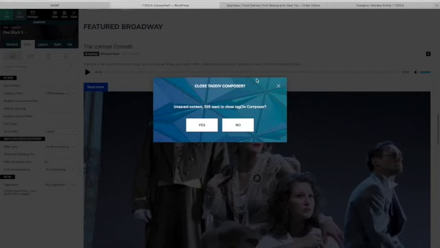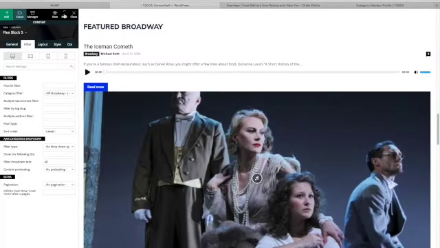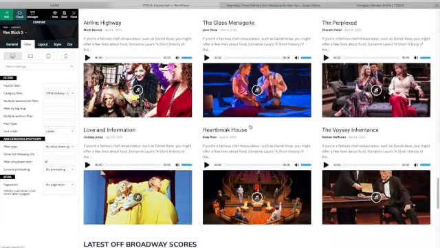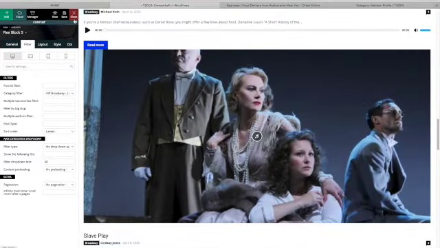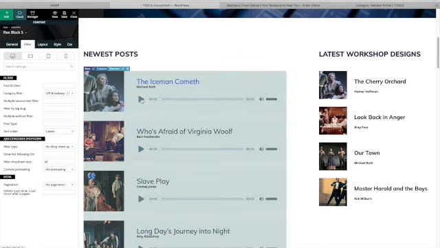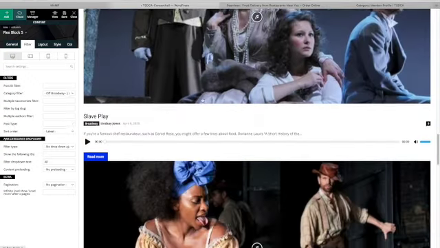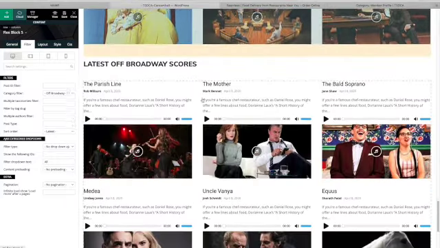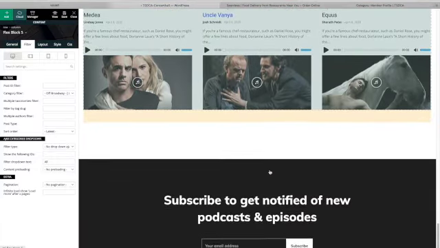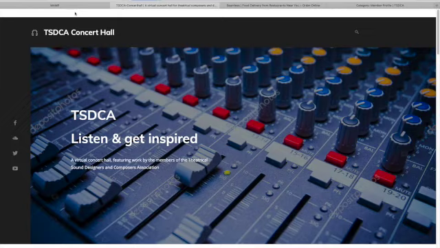A post, let me just save this. So it's all about the posts, really. This is now ready to auto-generate the page just based on the content that is coming in, and as you'll see, most of the designs can be previewed with this play bar icon with a volume setting directly on the page itself. And I've set all the posts to be able to be played directly from the home page so that people don't have to click through. But if you do click through to an article,